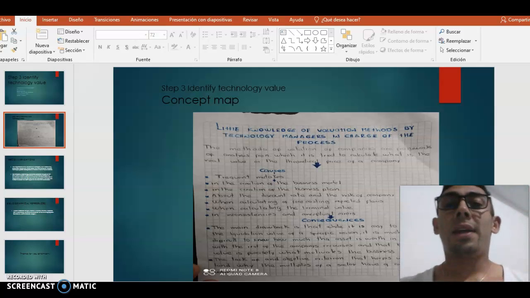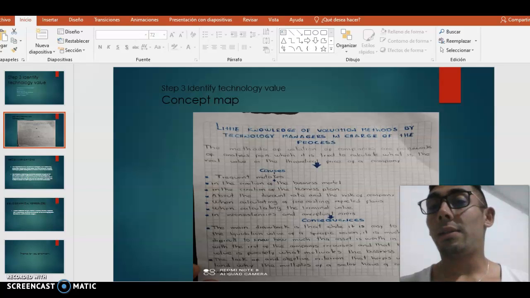Consequence: the mice than what instant white it is case to determine the liquidation value of an specific person. It is much more difficult to find how much that asset is worth in combination with the rest of the company recourse, and that void and value is precisely what motivates the budget, the lack of an objective criteria that hurts under than with the multiples of sector how